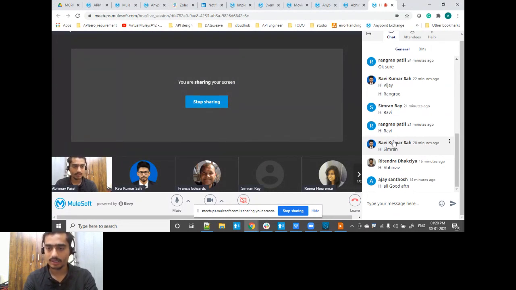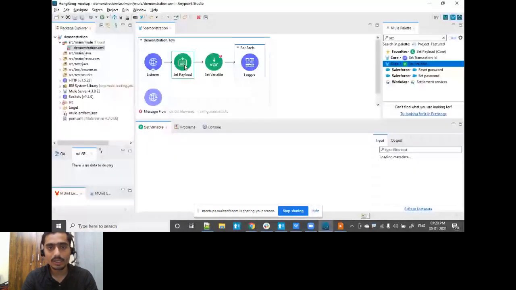Okay, no doubt, let's move ahead. Now the next thing that we need to evaluate is what will be the behavior of our Mule event once it goes inside the for each scope. So let's take a simple example. I'll put a set variable. Rest everything we are already aware about. I'll create a variable. Already we have created a payload.